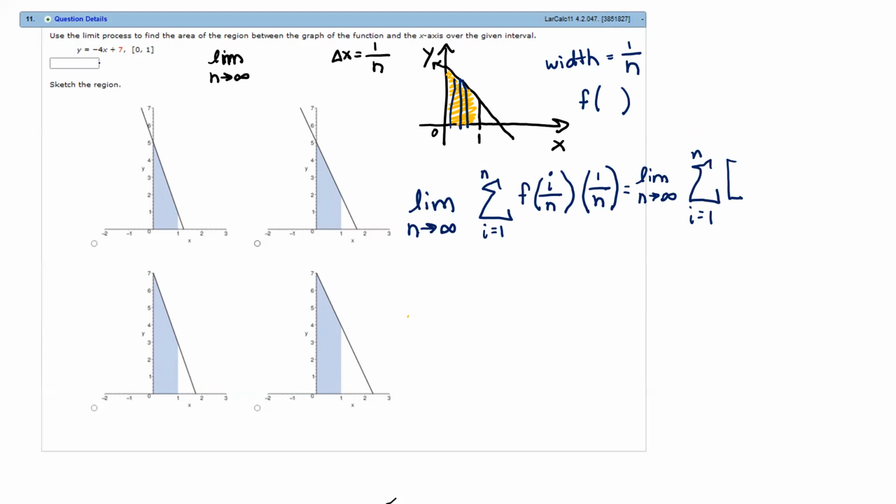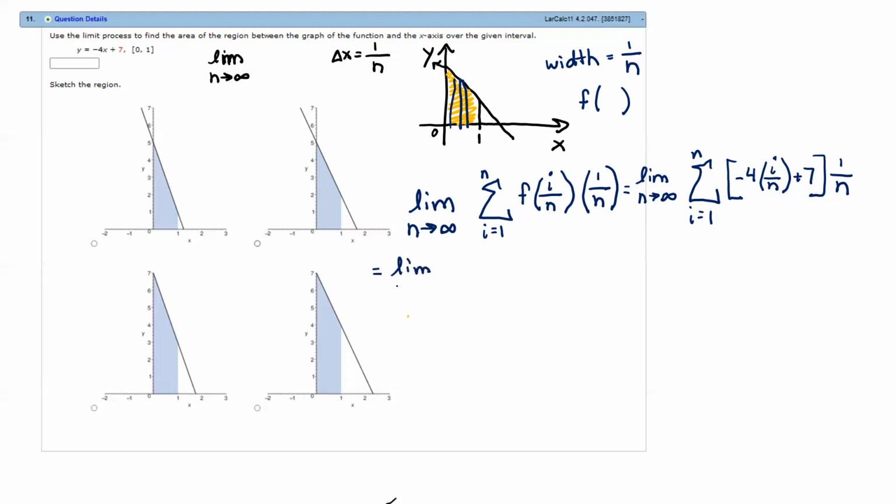Our f of x is negative 4x, so we get negative 4 times i over n plus 7 times this 1 over n. Now, the 1 over n, you can factor out of the summand because it doesn't actually affect the summation, right? n is a constant, ideally. It does affect the limit, so we can't factor it out of the limit, but we can,